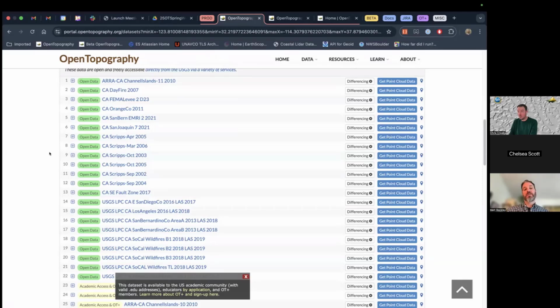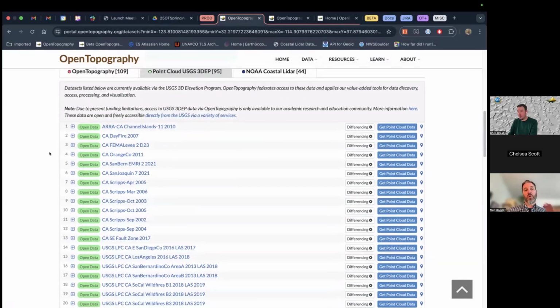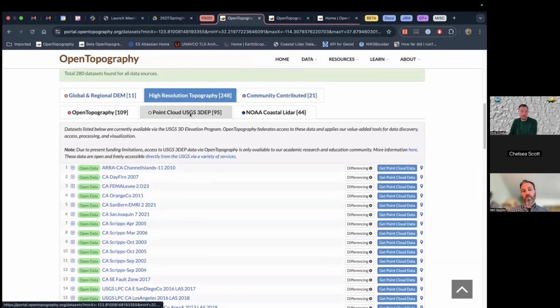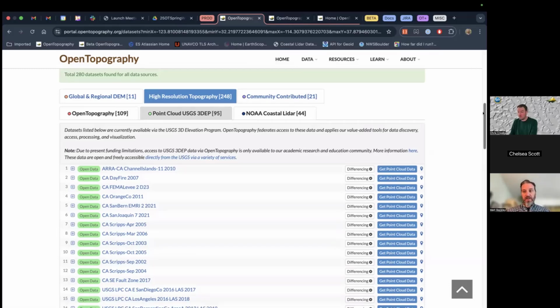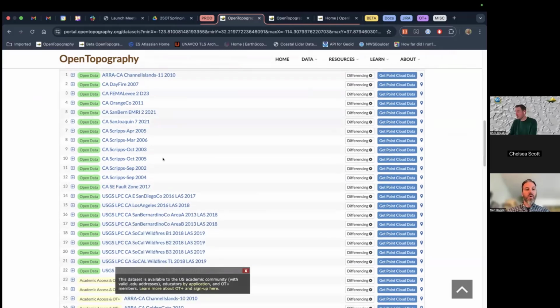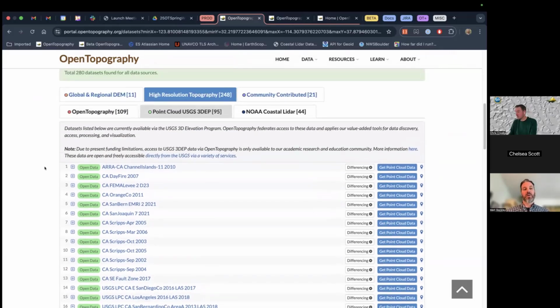So anytime there's an event like that, we make all of that data open, even if it's 3DEP or NOAA, with the hope that it would help with disaster response or any kind of emergency response. And so anyone can access those data. It'll be open for a limited time. And so all of these, because we selected an area in Southern California, all these data sets that intersected that are open, whether it's 3DEP, NOAA, or whatever.